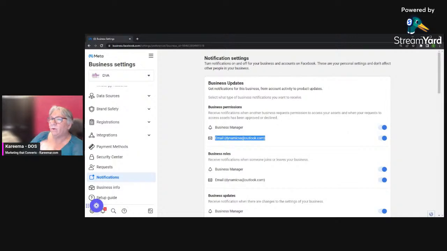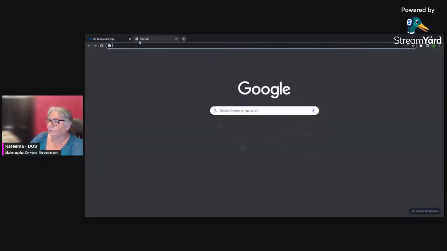And while you're here, take a note of what email has been used to set up this business manager. It may not be the email that you're using to set up your personal account. You might have gone in and given it a different email when you were setting up a business manager. So if you set up a business manager,